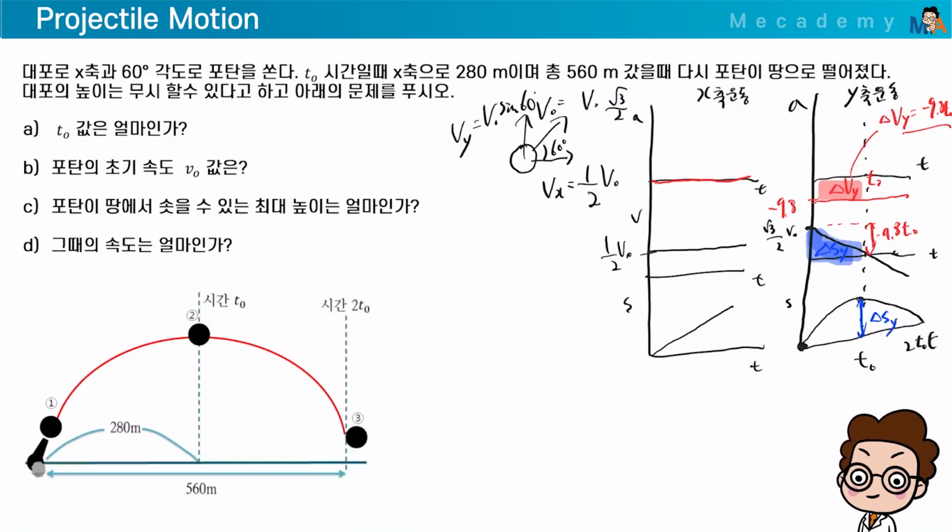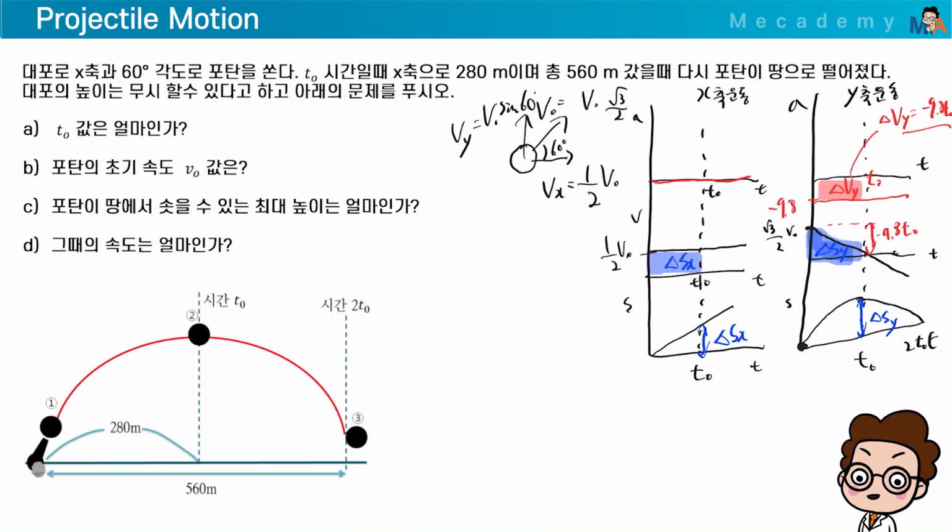You need to interpret it this way to solve the graph, right? Similarly, drawing this graph is not the end. You need to interpret it simultaneously, right? Then this would also be t0, like this. Do you understand? All here is t0. Then what does this area represent here? This area is called delta Sx. Here the height is delta Sx.